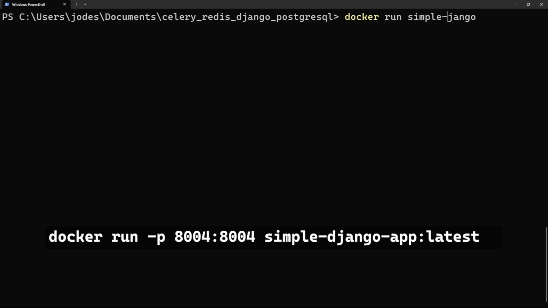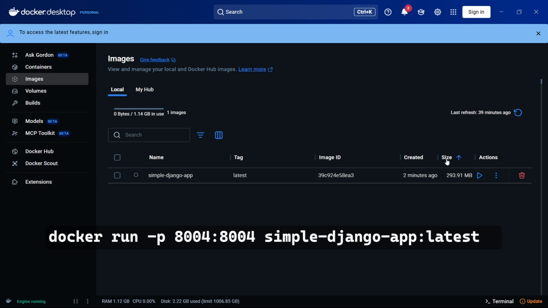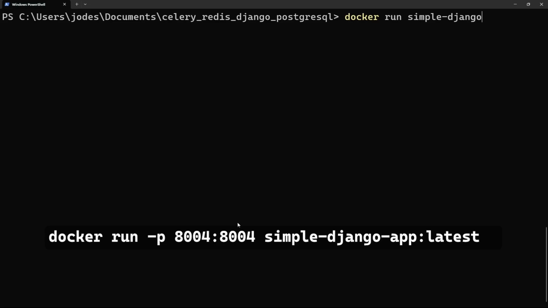And to be specific, we can even provide the name of the tag we used. Now, I don't know if we used that tag, but when I look here, we only have latest as the name of the tag. So if we built our image with a specific version, let's say simple Django app version 1, that would be the tag we would specify. So if I went right here and provided latest, that would be the default tag. Then that will run our